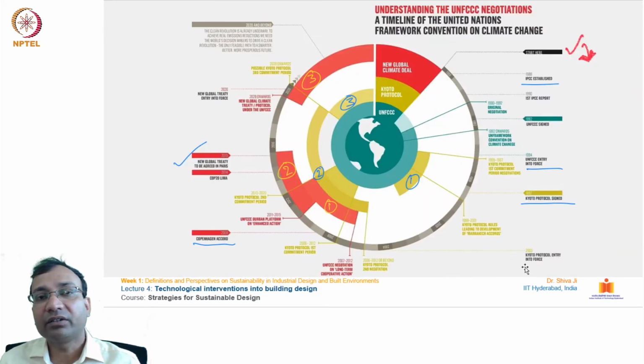Further, if you see on this chart, it is laid out clearly how these agreements and conventions have evolved over time, and the number of years they have covered under their scope. So the first one, the UNFCCC, started over here, and you can see the original negotiations happened during the period 1990 to 1992, and from here it is in force, and till now it is also in force,